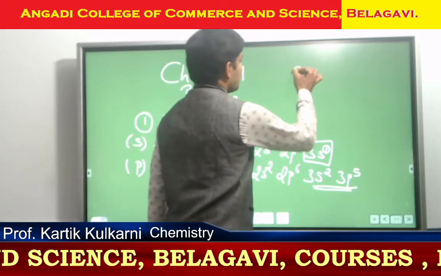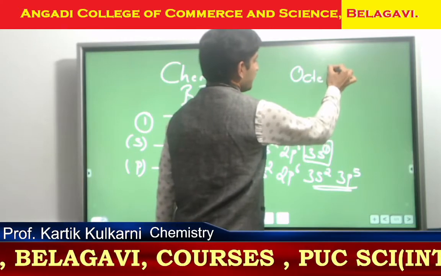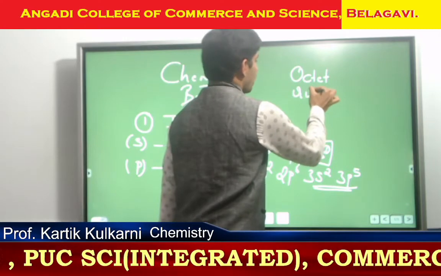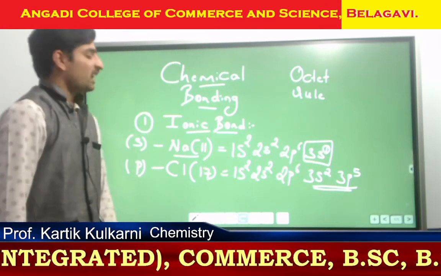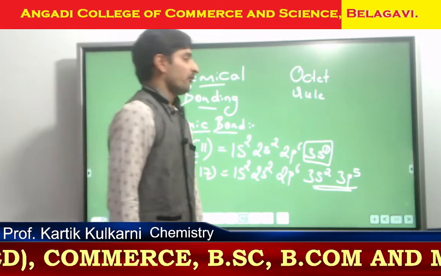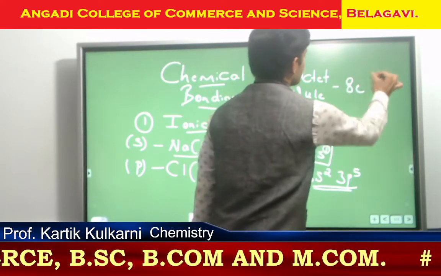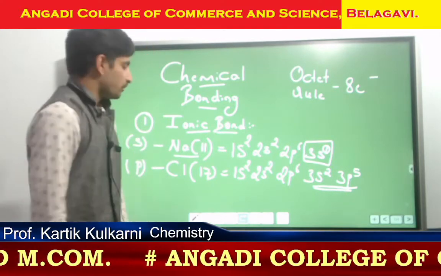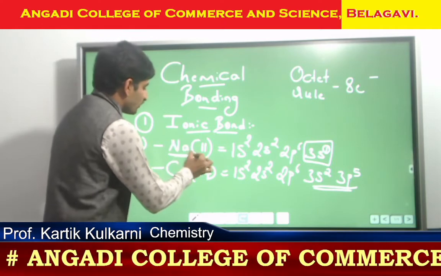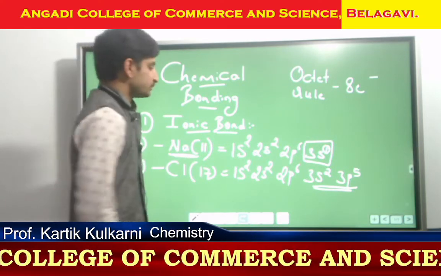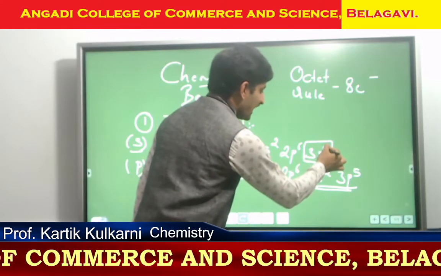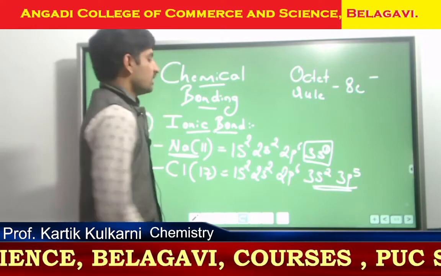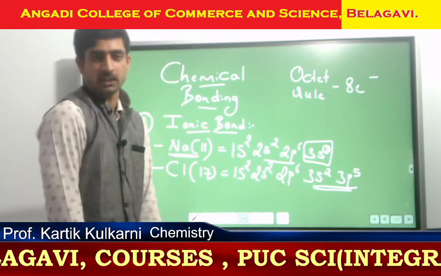As you already know, if a compound wants to become stable, it has to satisfy the octet rule. The octet rule is that an element, compound or molecule which has 8 electrons in total in its outermost orbital is called a stable compound. Now see here, by the nature of sodium, because it belongs to the s block, it has one extra electron. If this one extra electron is removed, it is going to attain a stable electronic configuration.